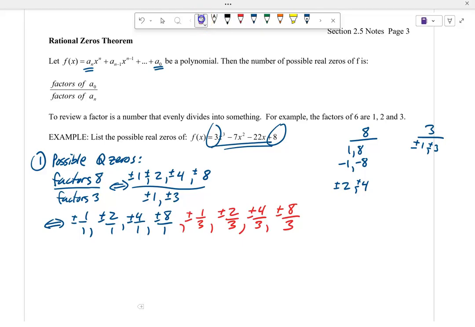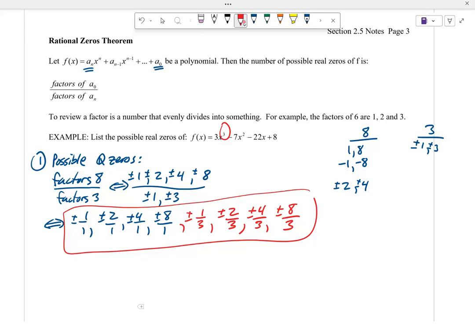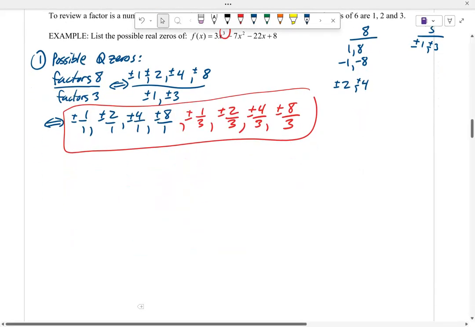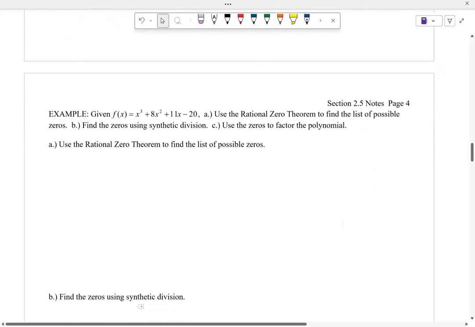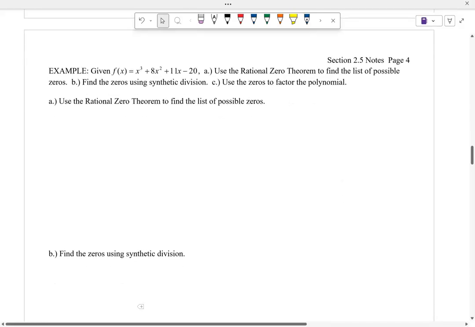How many zeros do I actually have? Well, this is a 3rd degree polynomial, so I have 3. There's only 3 of these that are actually zeros, right? These are just potential zeros where it crosses the x-axis. Possible zeros. And that's all we got to do here for this one, is we'll list the possible ones. We'll test it later, but let's go ahead and